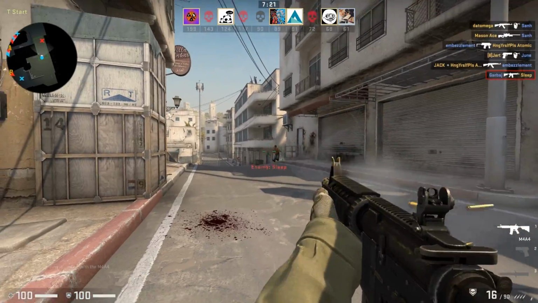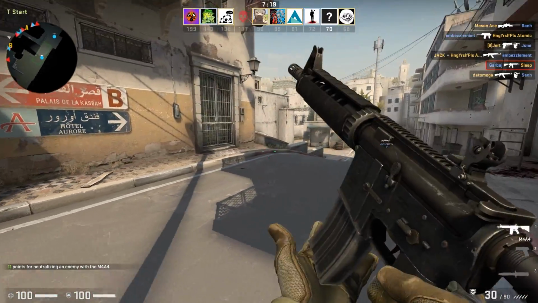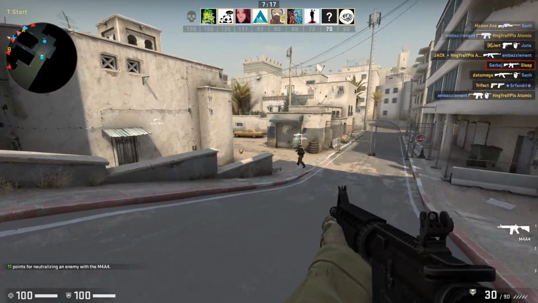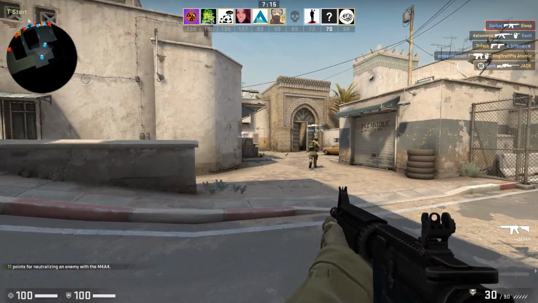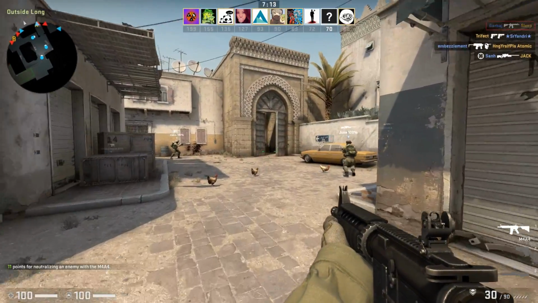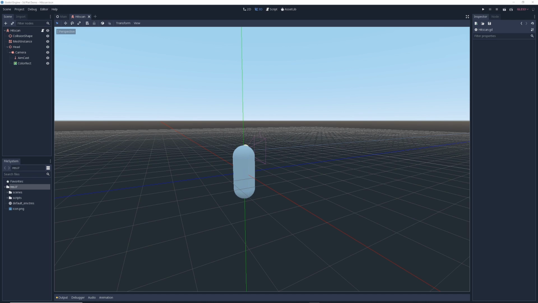The most common solution to this is to just make the bullet come out of the actual barrel of the gun instead of straight out of the camera, because then you're only able to shoot things that the gun is physically capable of shooting. To do this, we're going to go back to our FPS character controller scene, right-click on the head node,